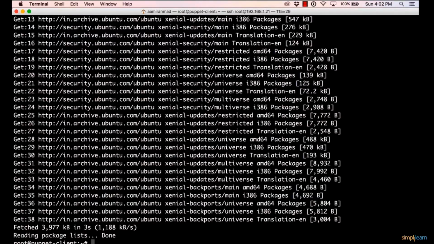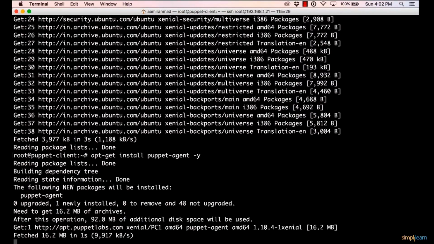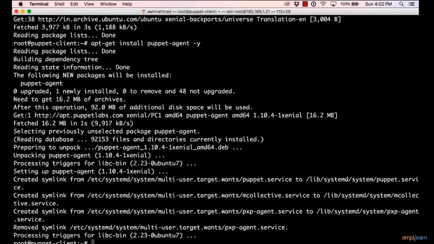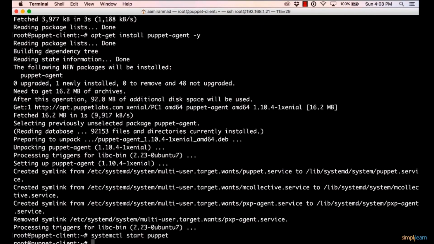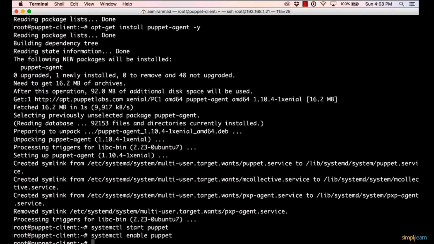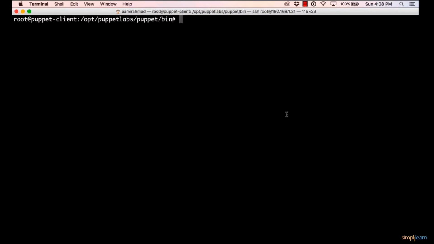And now I'll finally install the Puppet agent. So I'll say apt-get install puppet-agent -y. Now the Puppet agent is here. I'll start the Puppet agent and I'll enable it at boot time. So I'll say systemctl start puppet, then systemctl enable puppet. Now Puppet is enabled. Now we have set up the fully qualified domain name on the client and the server,